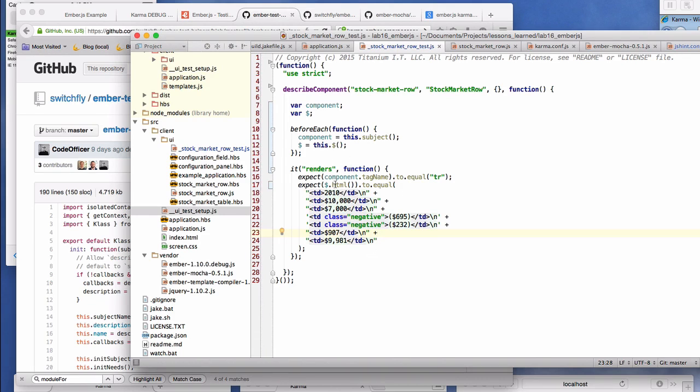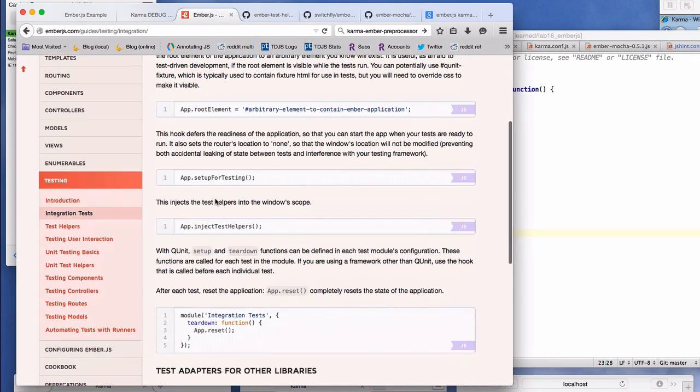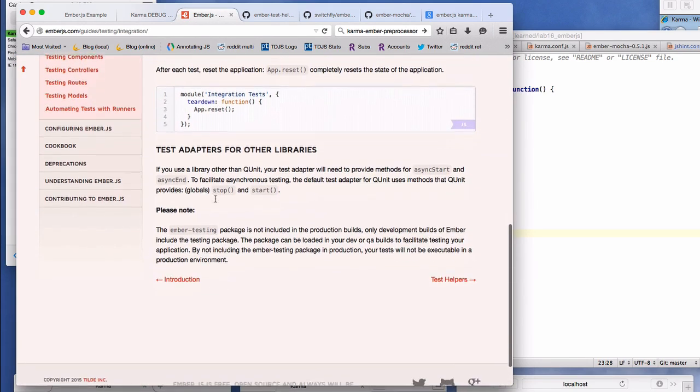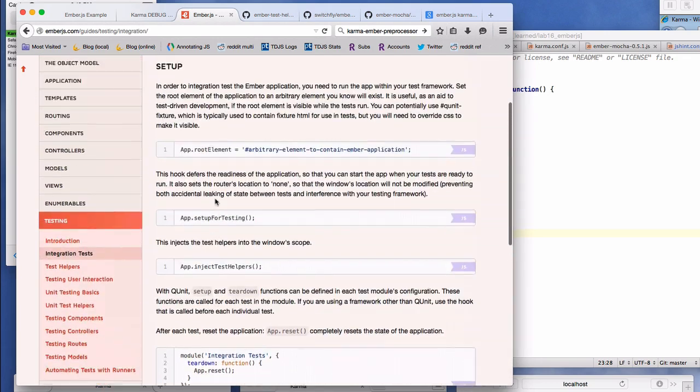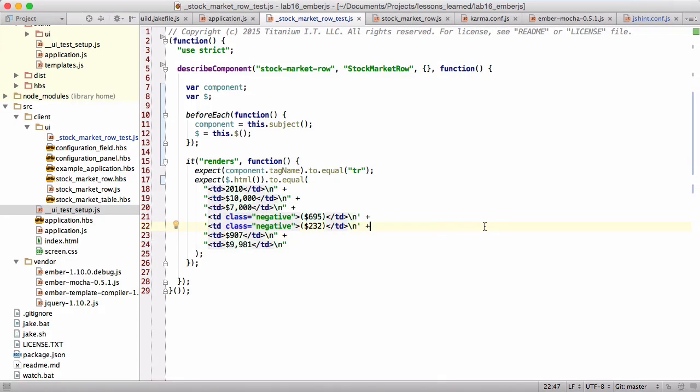We've got all of jQuery available to us, of course, which is quite useful. And Ember has a bunch of stuff that they call integration testing that actually runs in the unit test framework as well, which we may not end up using, but is good for any type of routing testing that you want to do. So overall, I feel fairly positive about where we are going to go from here,